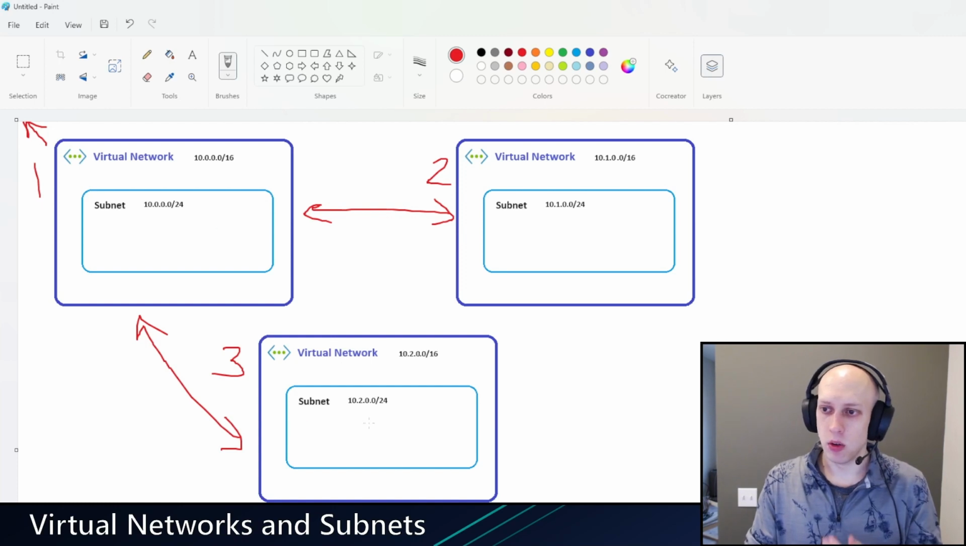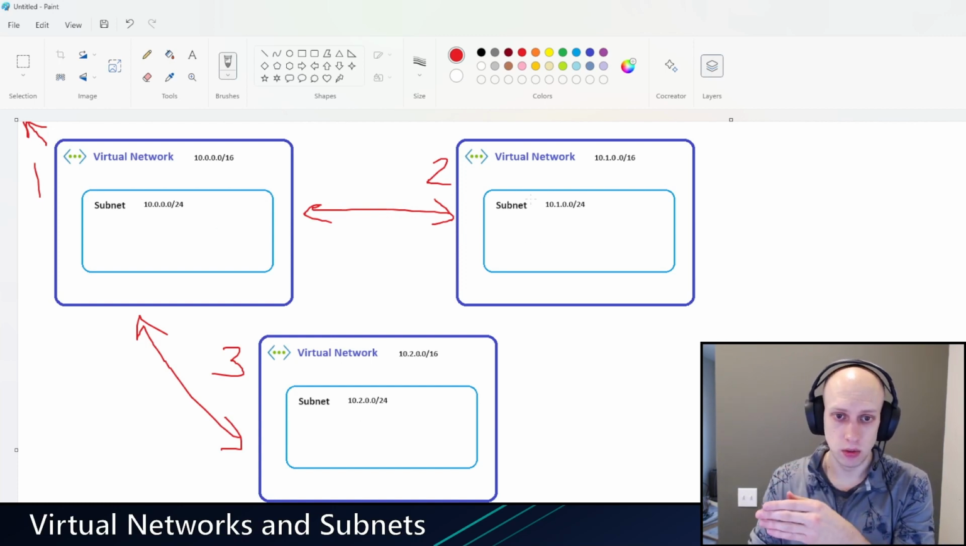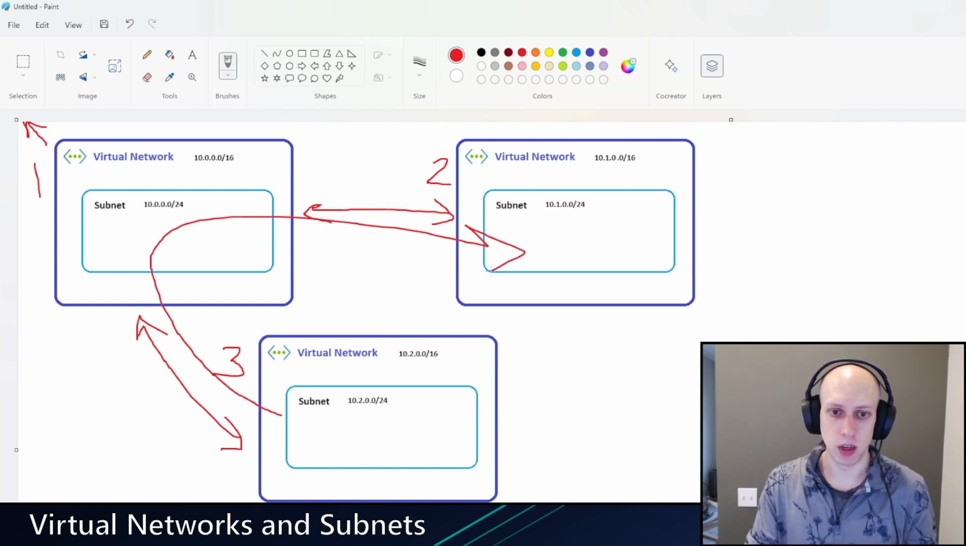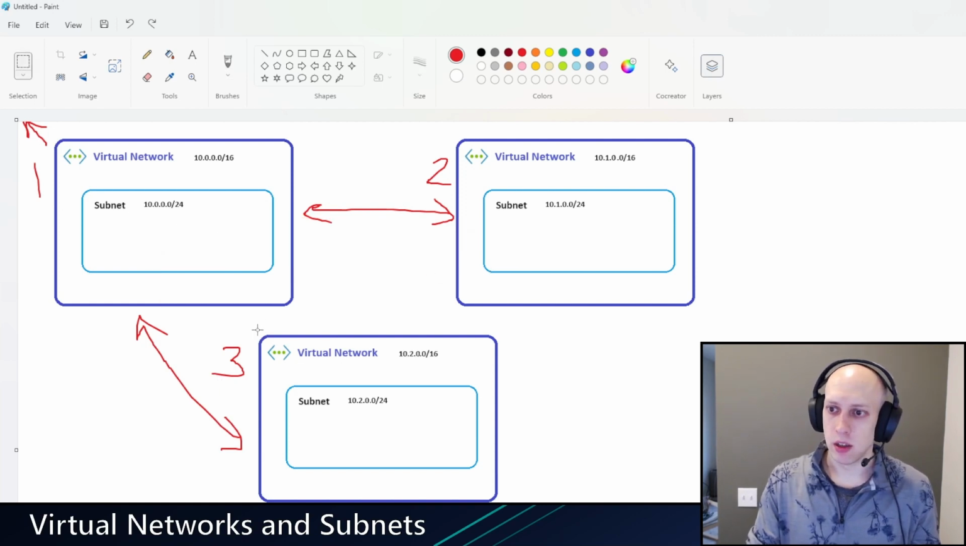And then if your VNet 3 needed to talk to VNet 2, and that was allowed, it wasn't blocked by policy or a route or something, then in order to get there, the traffic from here would go through VNet 1 and then back to VNet 2 that way. And then this would scale. So if I were to add a